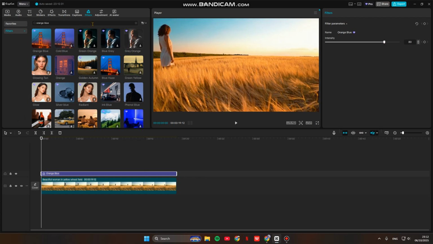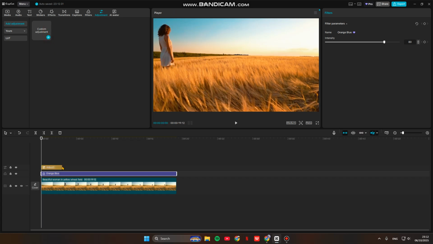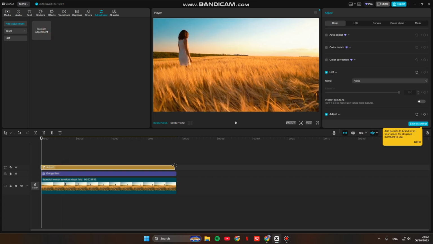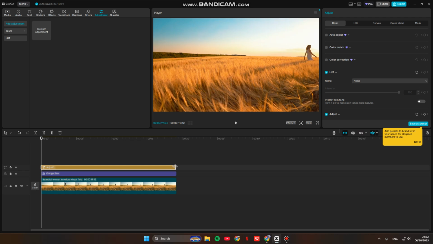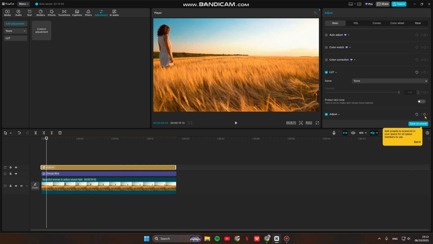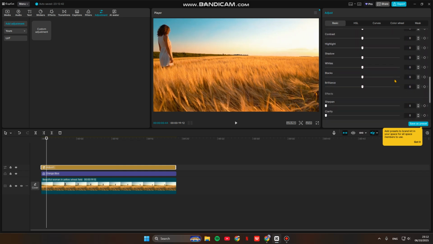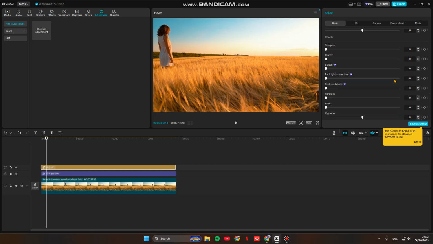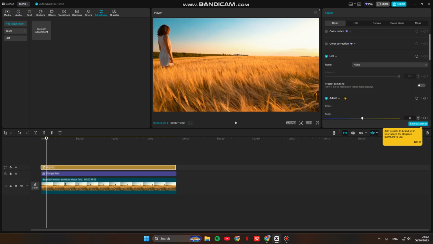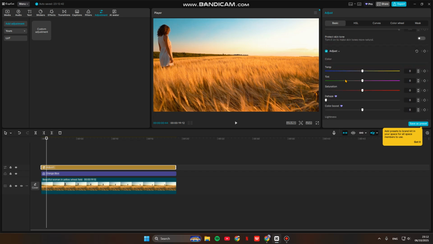And now you can go to adjustment and here add a custom adjustment. Again, don't forget to change the durations like this. And now we can just follow my adjustment. So first you can scroll down and in here you can increase the temperature to 10